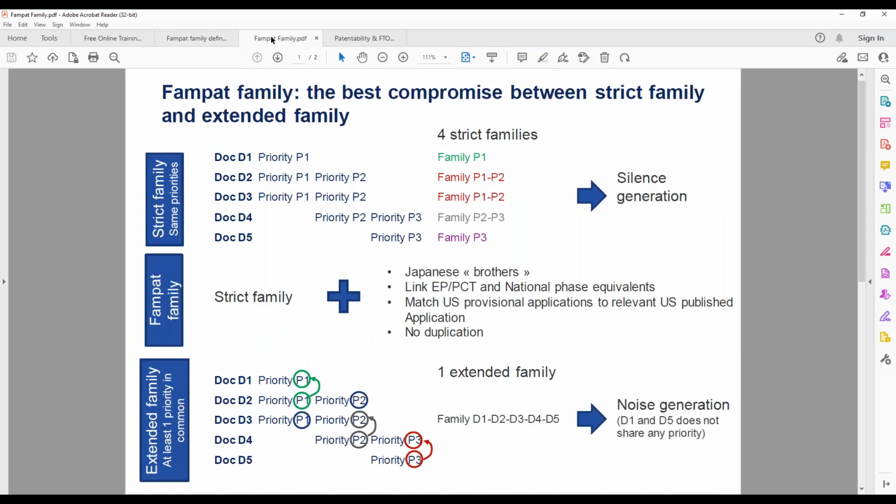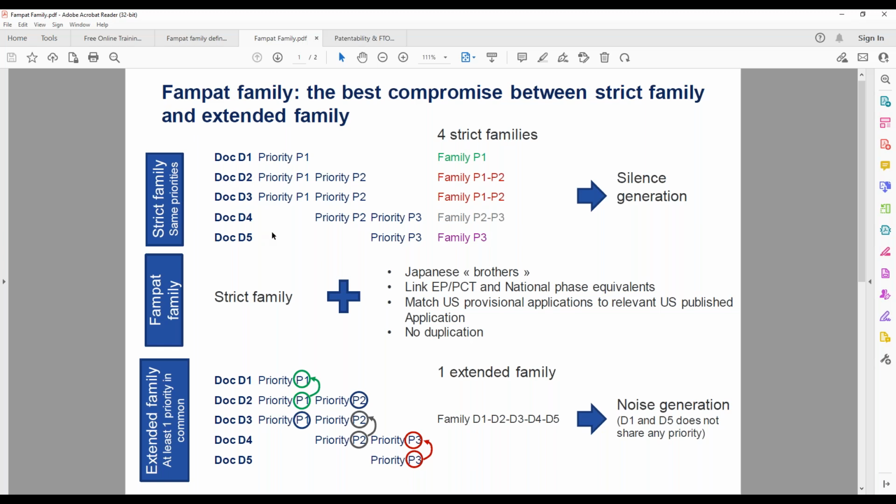Let's see graphically what a patent family is. Here we have 3 different types of families. Taking the same 5 documents as an example, we speak about a strict family where the documents share the same priorities.